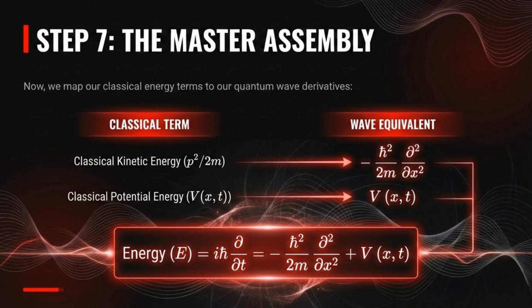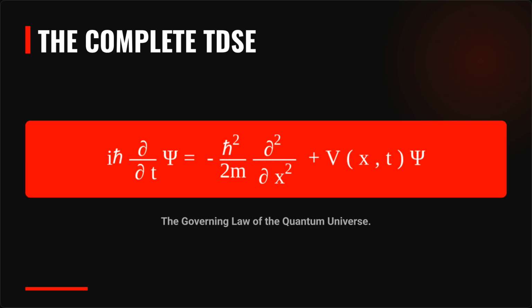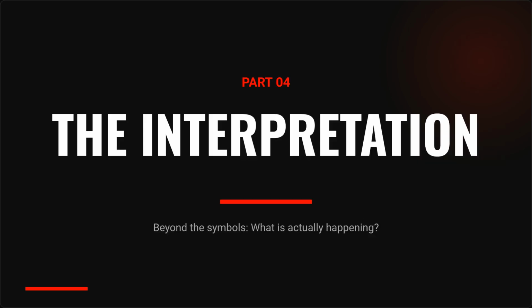Step 7, the master assembly. We map our classical energy terms to their quantum wave derivatives to assemble the complete time-dependent Schrödinger equation. This final result is the complete TDSE, the governing law of the quantum universe, describing how the wave function evolves in time. Part 04 is dedicated to the interpretation, going beyond the symbols to understand what is actually happening in